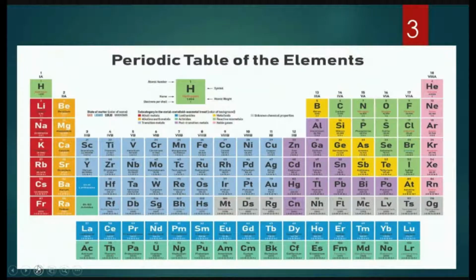Comes the D block elements. The elements belonging to groups 3 to 12 are collectively known as D block elements. And here we have F block elements, which has two series. One is the lanthanide series, the other is the actinide series. The lanthanide series starts from the element lanthanum and ends with lutetium, whereas the actinide series of elements starts with actinium and ends with lawrencium.